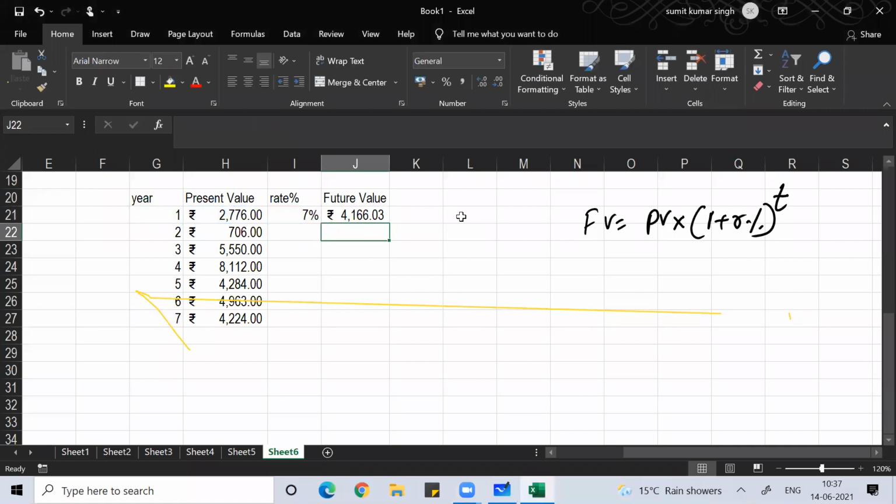If you press enter, you'll get the future value of money. Clear, everyone?